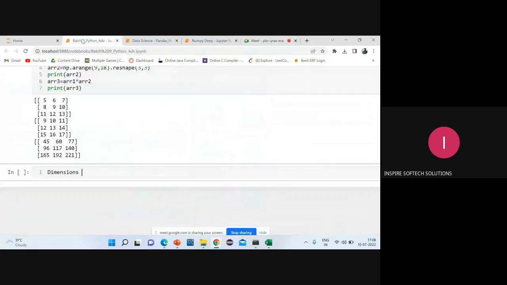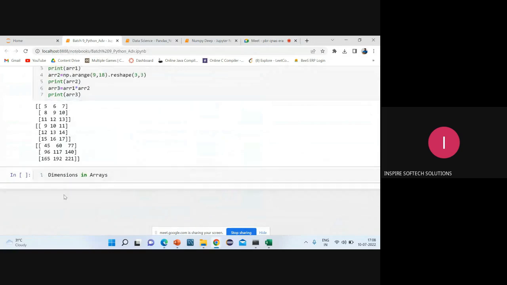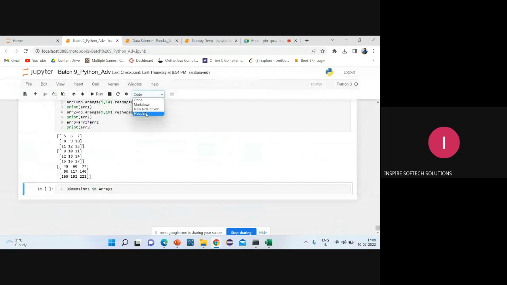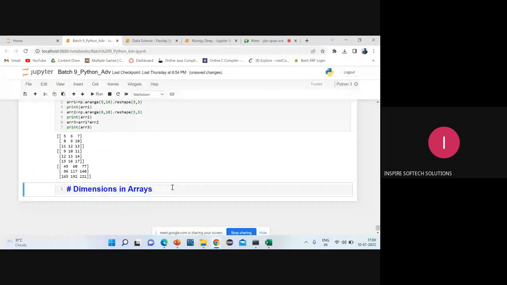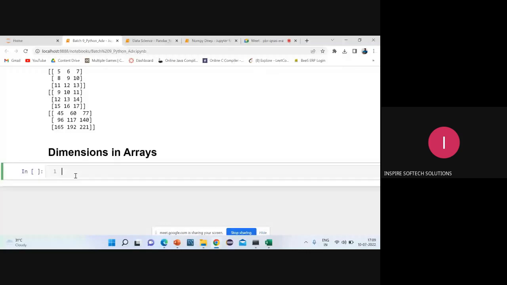So here, in dimension in the array, what are the dimensions we have in the array? We'll check it out. First one we'll go with the one dimensional.